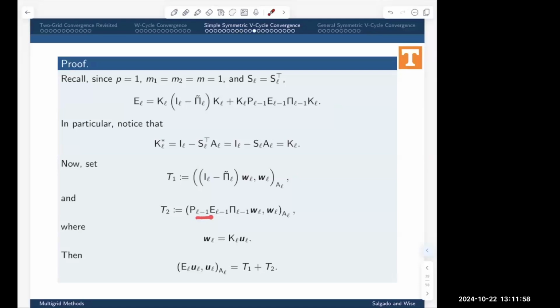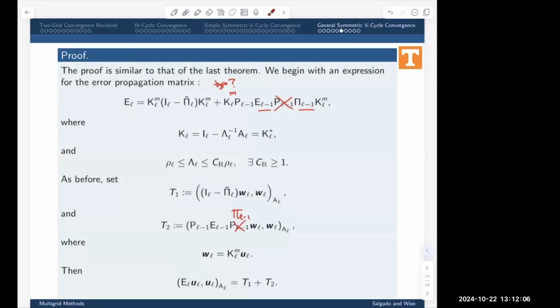So pi_L and then pi_{L-1}. Okay, so pi_{L-1} should be there. The W_L's are K_L raised to the n power times mu_L. And in that case, now we're finally correct that this thing that we want to bound is equal to